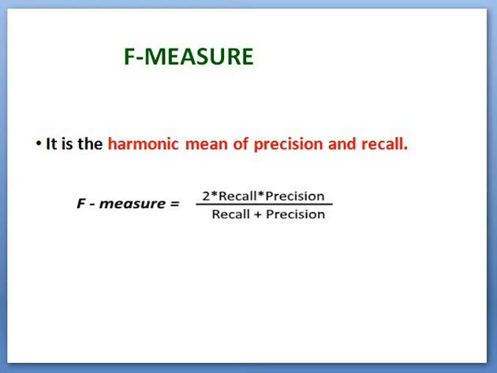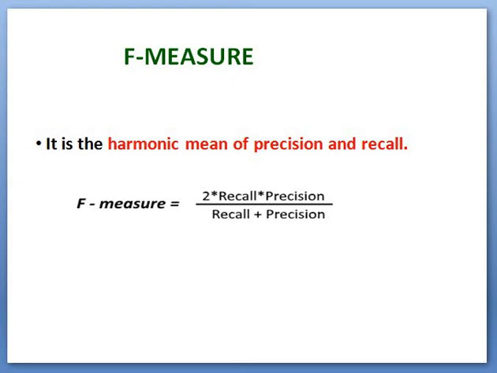Then precision means proportion of positive examples that are truly positive. That is precision is equal to TP by TP plus FP. All the positive cases, that is truly positive divided by true positive plus false positive. Then comes the recall. Recall means how complete the results are. Recall can be calculated as TP divided by TP plus false negative. Then sensitivity is computed as the proportion of positive examples that were correctly classified. Sensitivity is equal to TP by TP plus false negative.